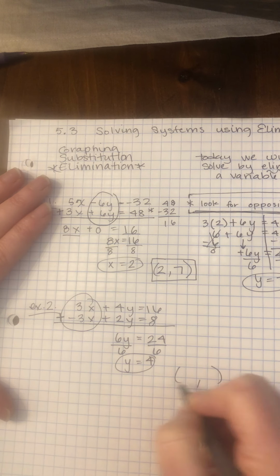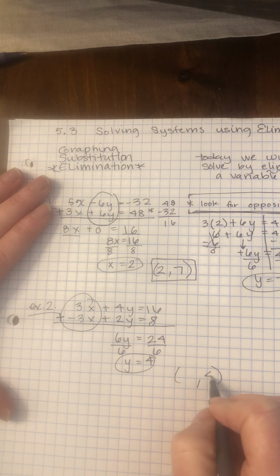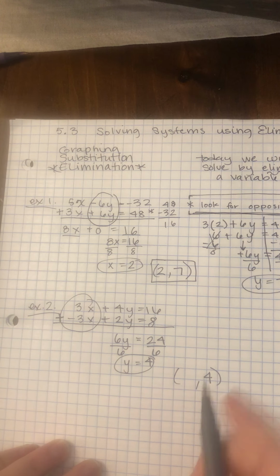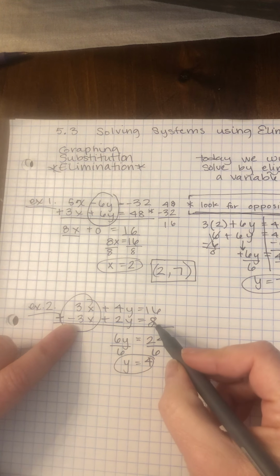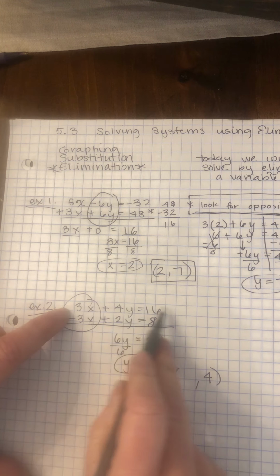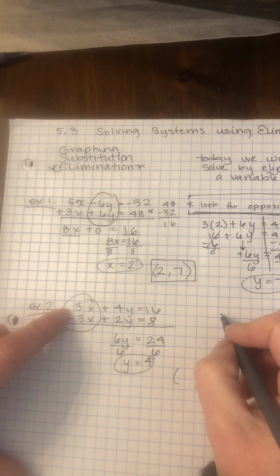So in my final answer, I have the second number. So now I need to substitute in to solve. The one on the bottom has a negative, so I'm going to pick the one on the top. Okay, it's going to be less likely, I'll be less